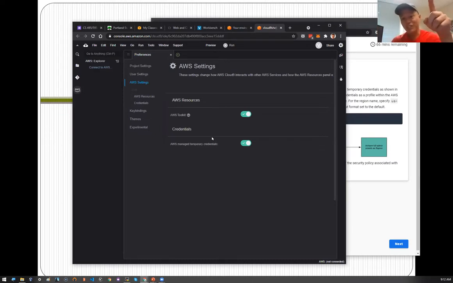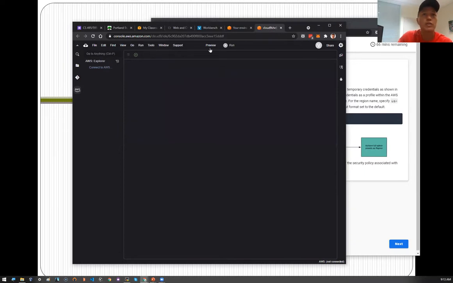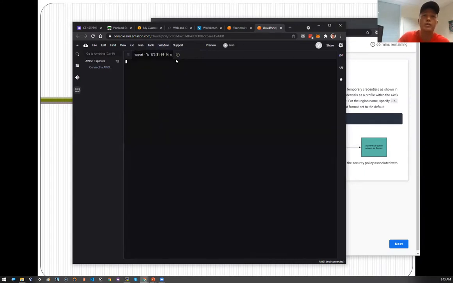Now, we want to explicitly disable this because we want to take on the identity of Rainer, whose account keys you found. And so you want to use those instead. So I'm going to say, you know what, Cloud9, you don't get to manage my credentials for me. So I'm going to set that up. Then if you have code, you can see code, but we're just going to use it for the CLI. So I'm going to create a new terminal here, from the Window menu. If that went by too fast, it's the Window menu. And let me see if Control plus works to